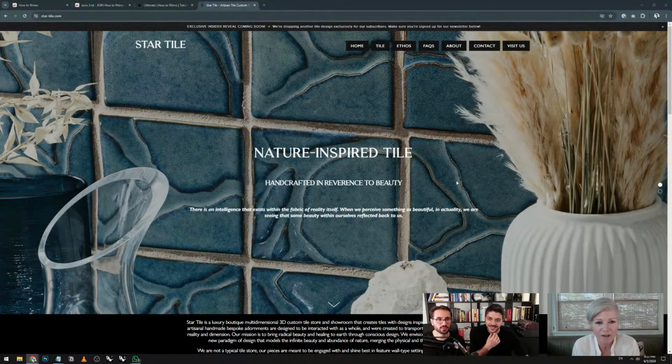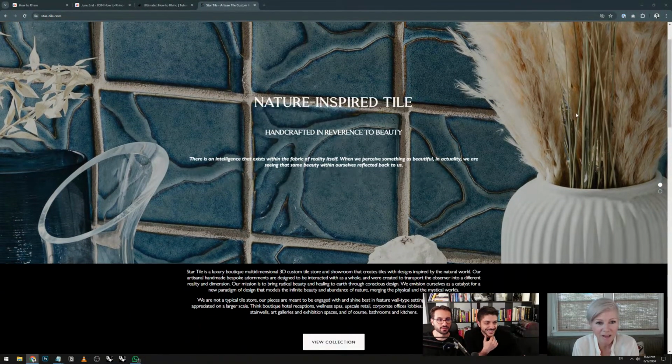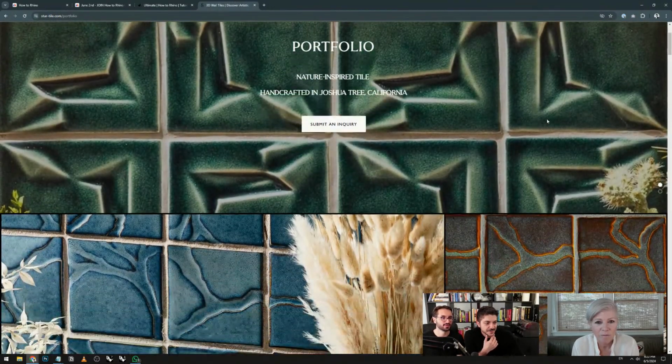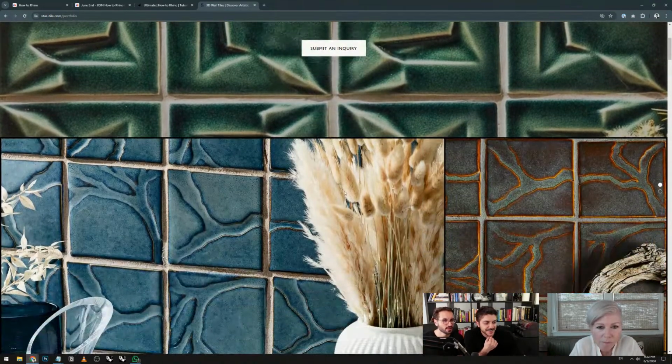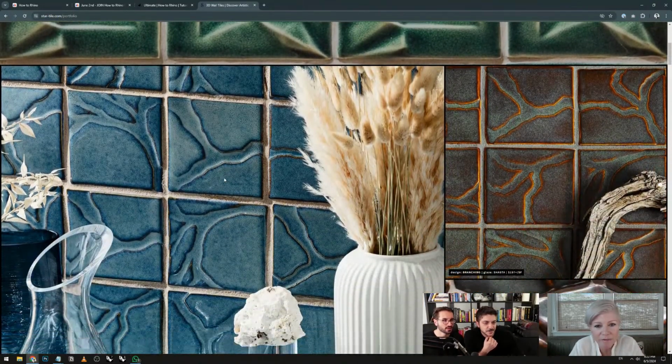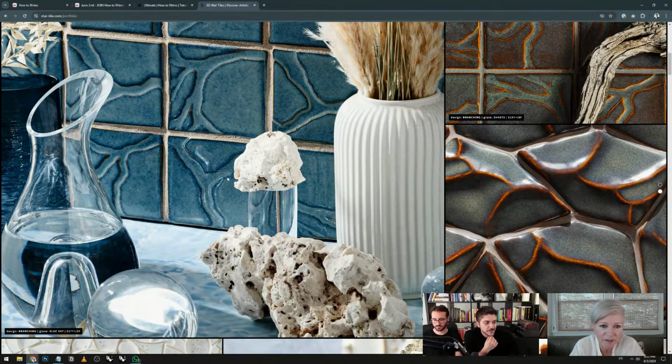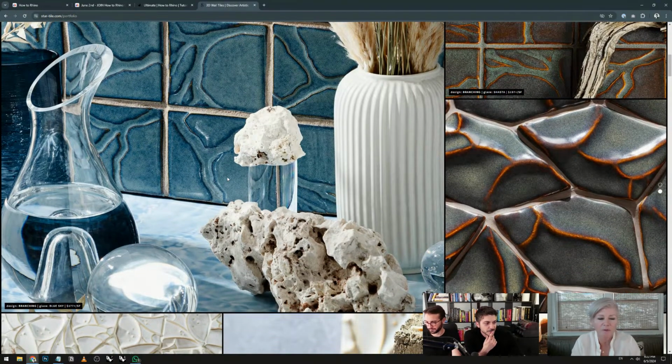Maybe we can show some of the tiles. What was the website? Star Tiles, right? star-tile.com. Oh, there you go. I checked out the website before. Let me open it up, maybe we can see it together. If you click on tile on the top menu, it'll give you the most images. Okay, oh, cool. So these are the designs, right? Yes, everything's dimensional. It's either botanical form taken directly from nature or fractal geometry, so it's either based literally on nature or an abstraction of natural forms.